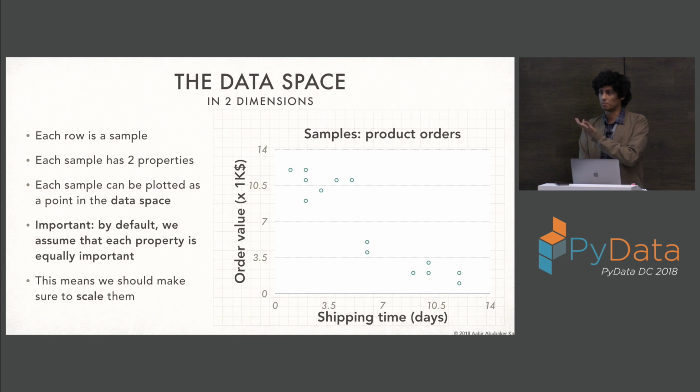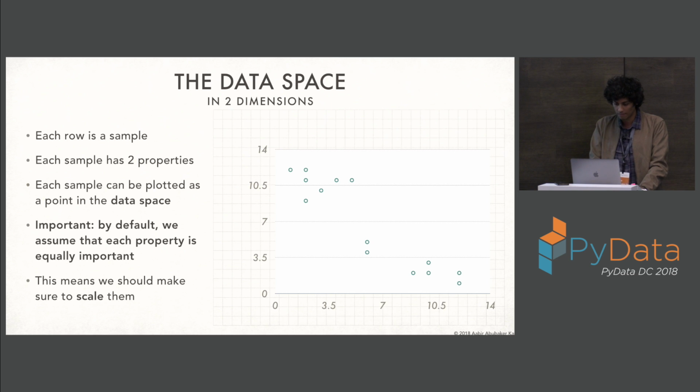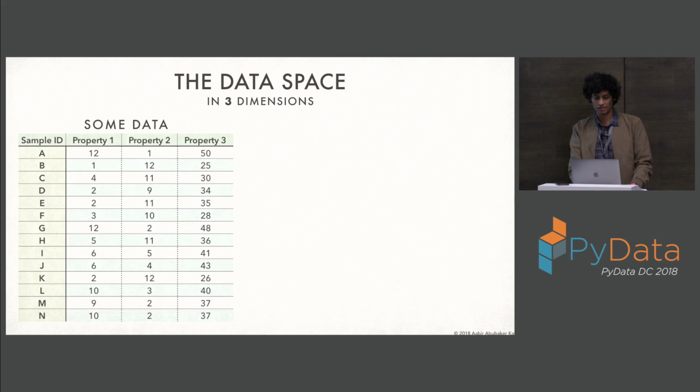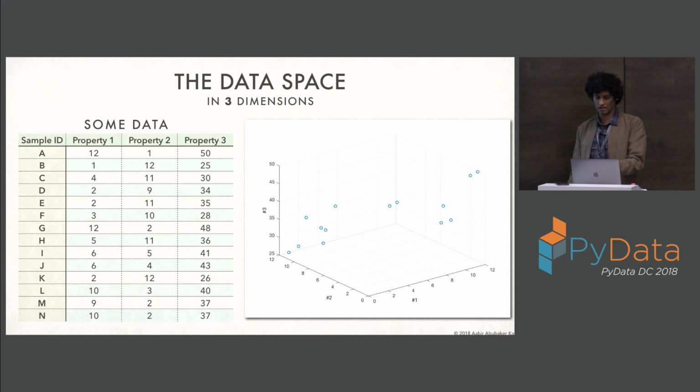And supply chain companies, and Amazon in particular, might care a lot about stuff like this. So we can extend the concept of manifesting this information in a space to 3 dimensions, and it becomes a little harder to visualize. You can't really get the sense of where these points are, what their relative locations and distances are from each other in 3 dimensions.